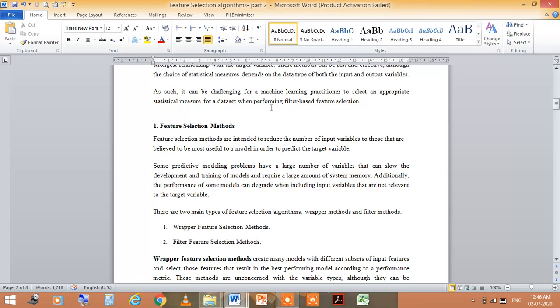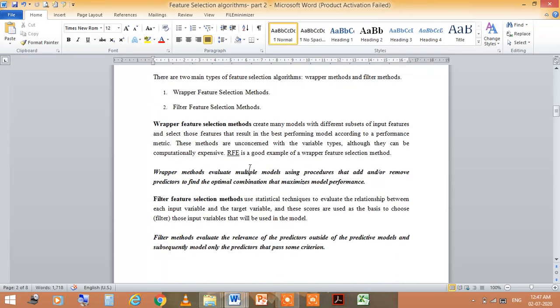If we are talking about feature selection methods, then there are basically two types: first is the wrapper feature selection method and the second is the filter feature selection method.